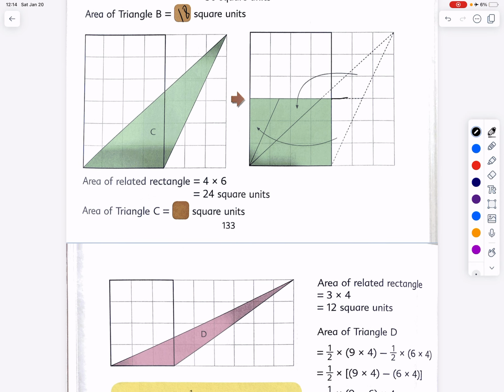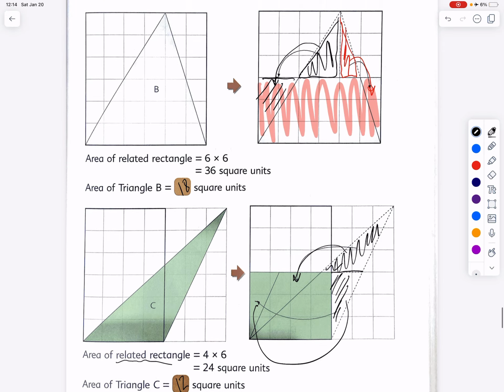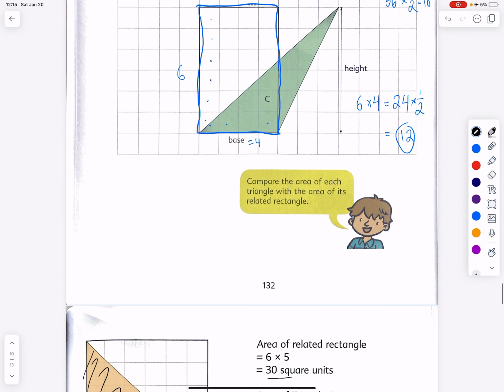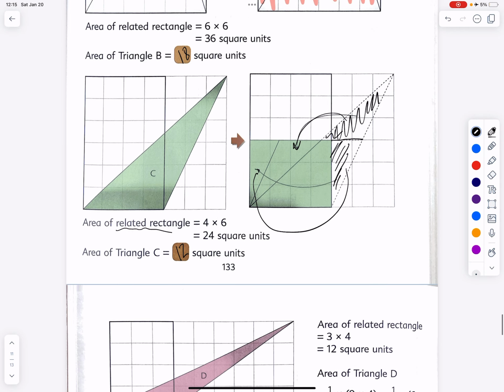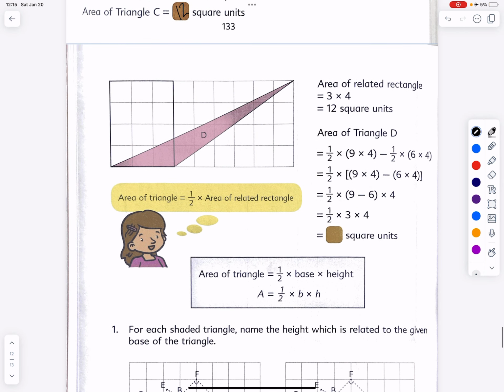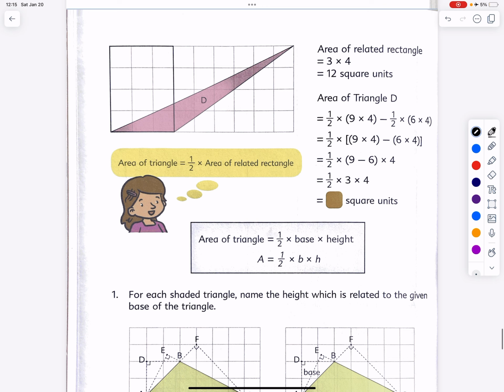Notice how we can neatly pack this little piece right here and this big piece right here into this spot. And again, we have a half of a related rectangle. Half of 24 is 12, which is exactly what we got on page 132. Now look at this triangle D. It's a totally slanted